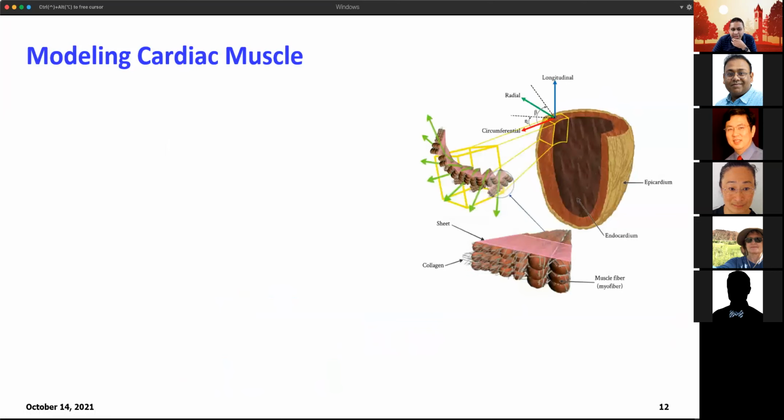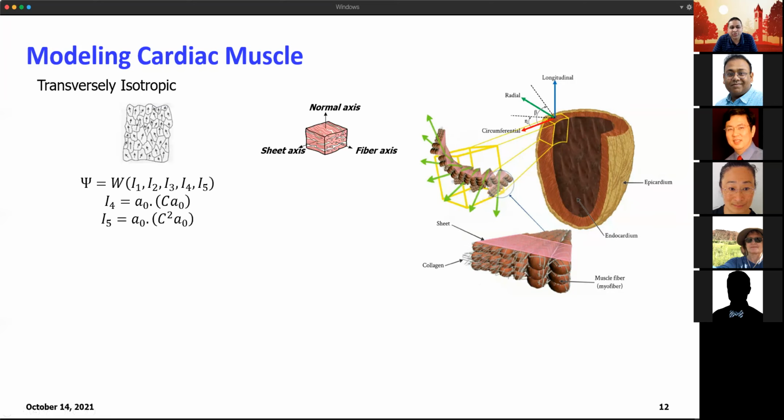So that was the geometry. Then we have to model the muscle fibers themselves, or the muscle itself. So essentially, in the heart, the muscles are arranged in a particular order. If you take a cross section, the muscle fibers are oriented at an angle of +60 to the circumferential direction on the outside, and around -60 to the circumferential direction on the inside. So you see this sort of helical structure for the muscle fibers themselves. So what we do is we make use of